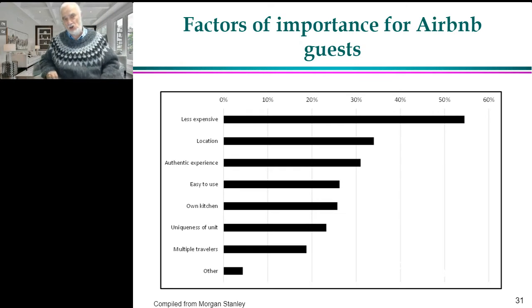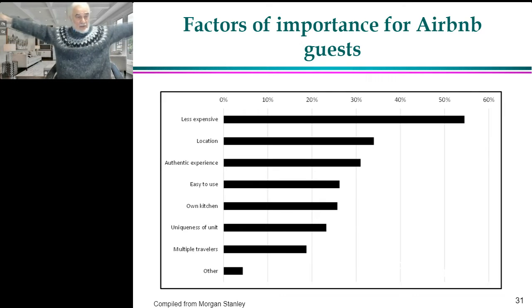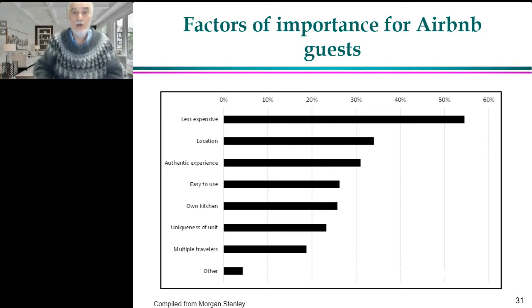The second factor is location. Hotels, by their economics, are required to be close to conference centers, places where lots of people stay, and the hotel itself is a building that accommodates hundreds, sometimes more people. As a result, they're concentrated in specific parts of a city, and Airbnb is spread throughout the city wherever people have space. So if you look for a specific location, which is not a conference center, not a central location, you're much more likely to find it on Airbnb than in a hotel. And that's an advantage that a lot of people